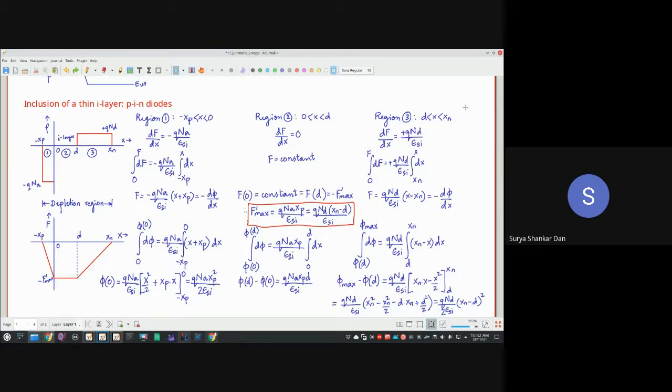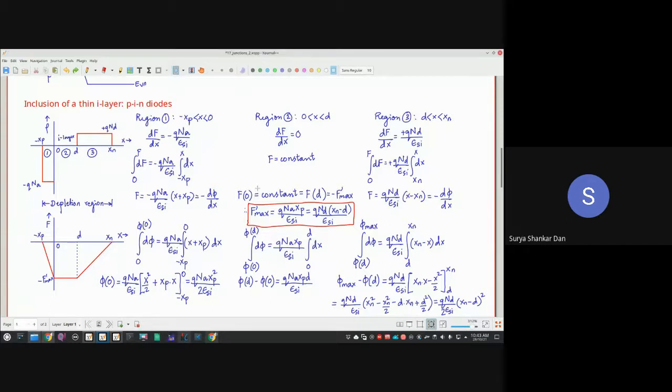Understood? So in the short channel effects, one of the major short channel effects we will learn later on is that the electric field becomes high. In short channel effects, since you have to dope it higher, the junction fields will be very high, which is detrimental for the device reliability, right? So in order to counteract that, as a solution, we will be inserting an I layer. So whatever we are doing right now will be considered as one of the solutions to the problems of short channel effects.